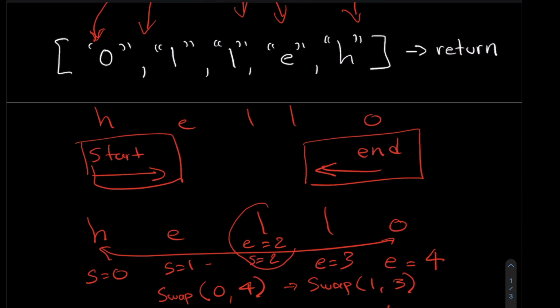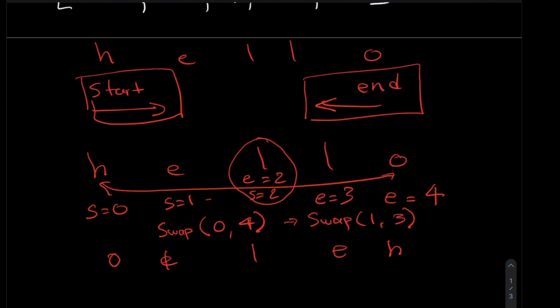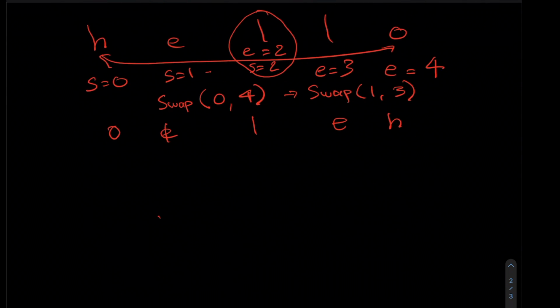And we're going to try to swap this, but it's already the same letter, so it doesn't really do anything. Sorry, it's L, right? But notice if our end criteria was start equals end, where we're waiting for our loop to finish when we get to this midpoint,